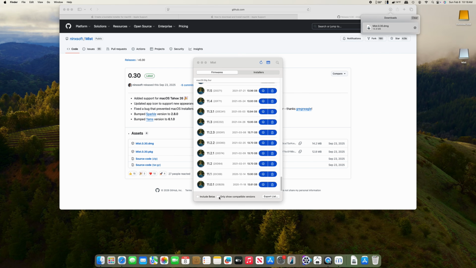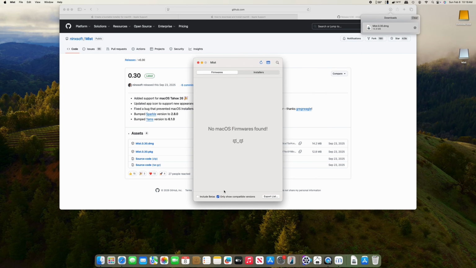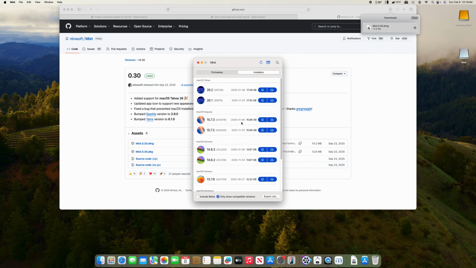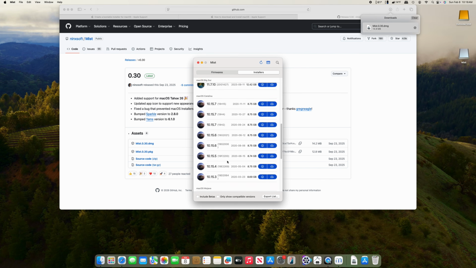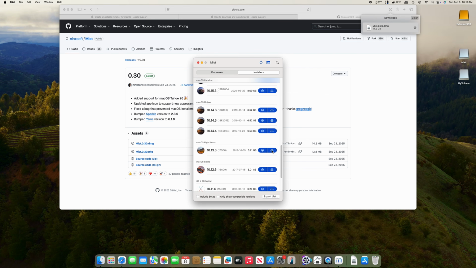And I click this only show compatible versions button because I think that's going to help, and now I see that we're looking at firmwares now. Okay, now we're looking at installers. So I'll unclick that button so that I can see the unsupported installer that we're going to need here. Scroll down to macOS High Sierra, and the two blue buttons, the one on the right is the one that